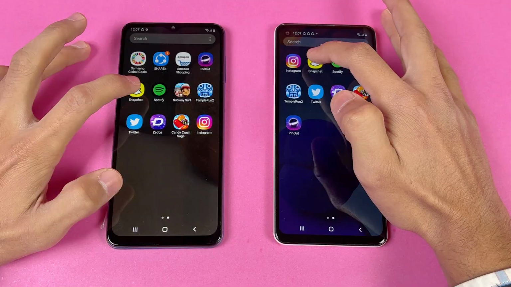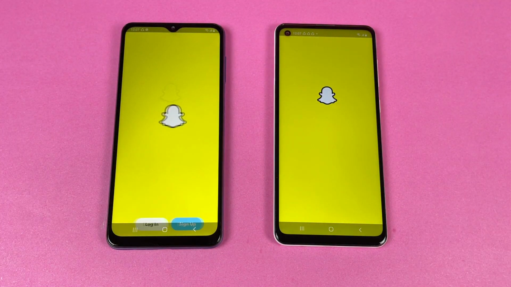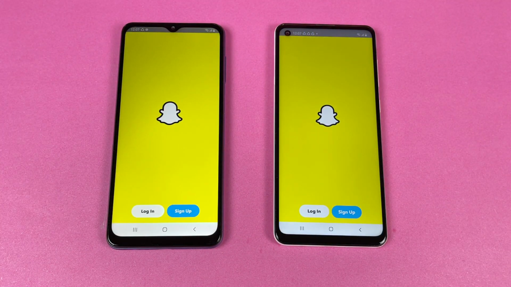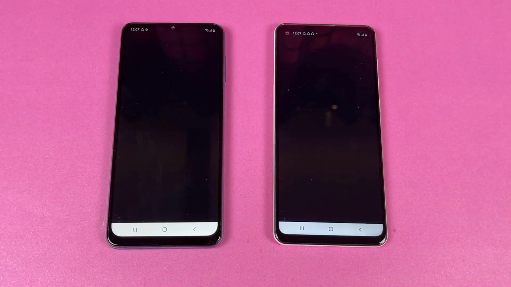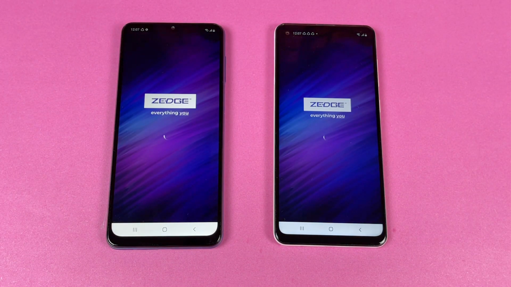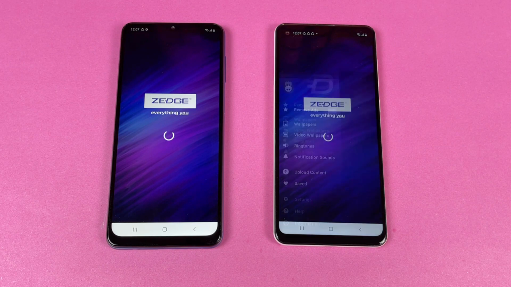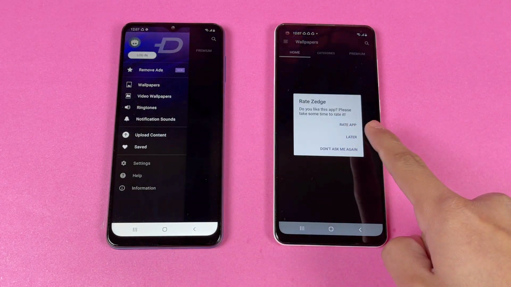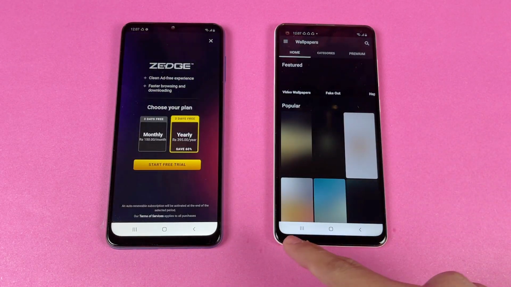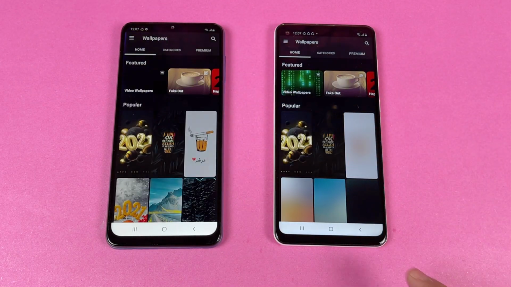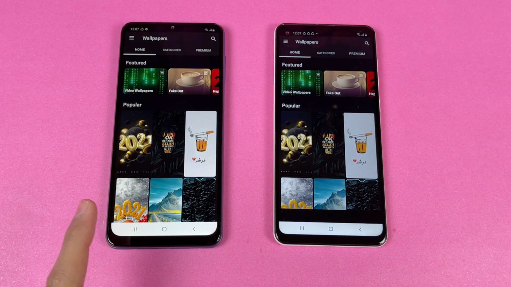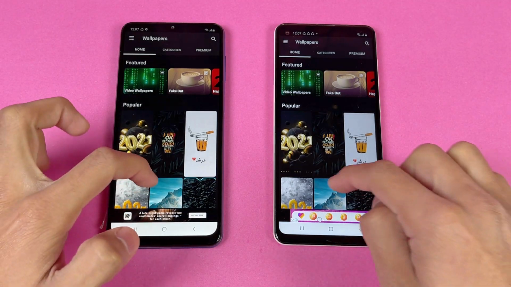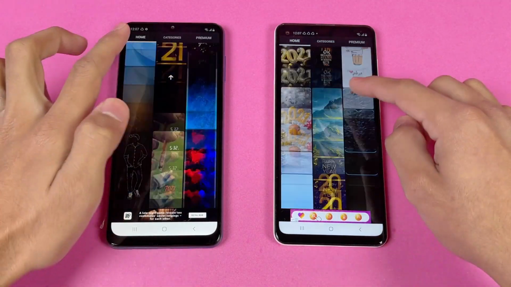Now let's see Snapchat, and that is faster on the Samsung Galaxy A12 again. Zedge, and you can see the Samsung Galaxy A12 looks a little bit faster as compared to the A21s. Again, you guys are the judge of the speed test.